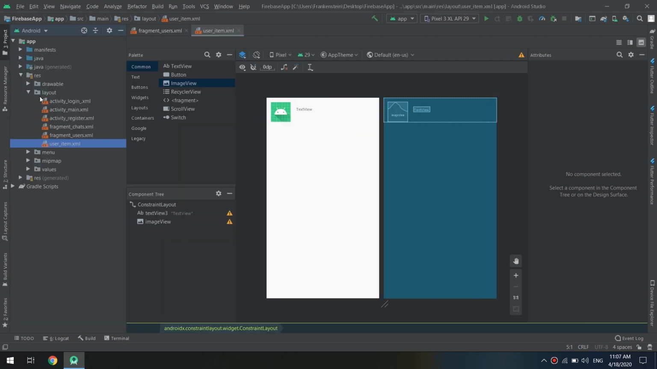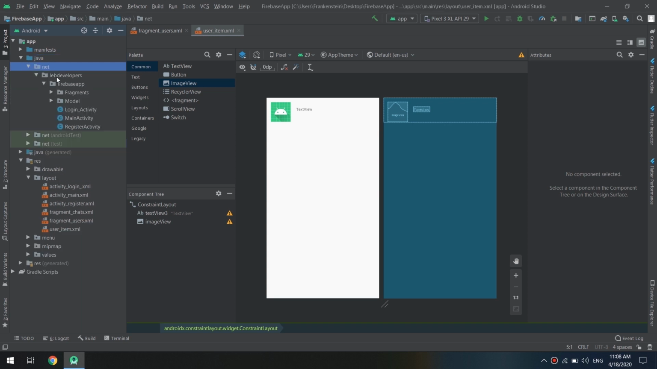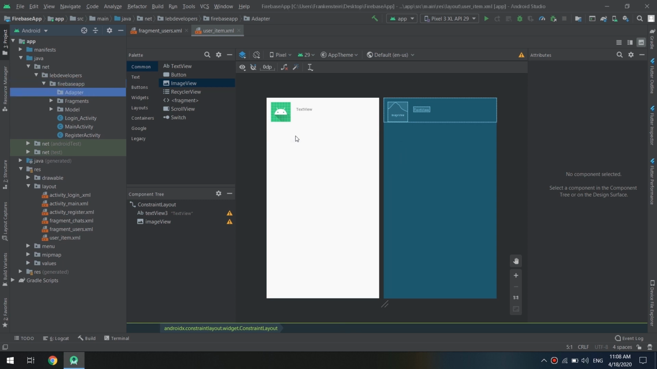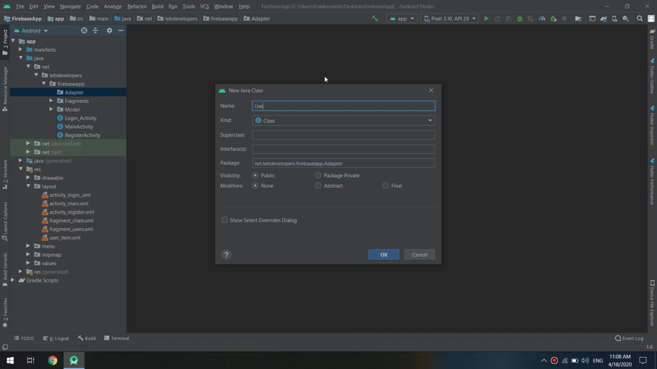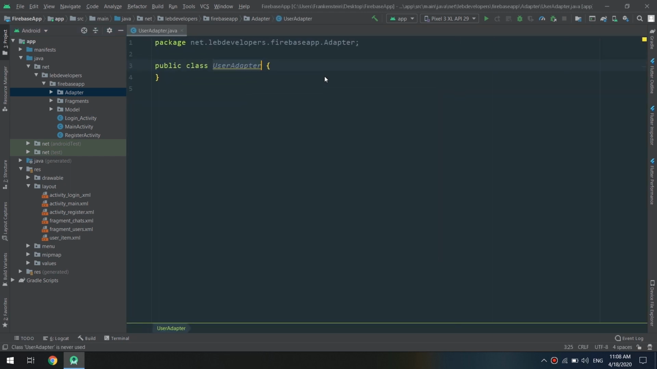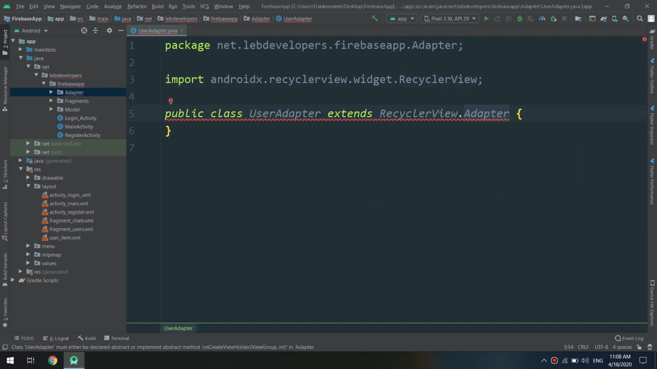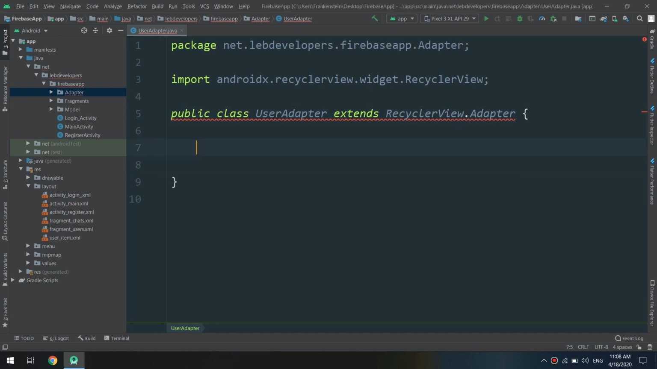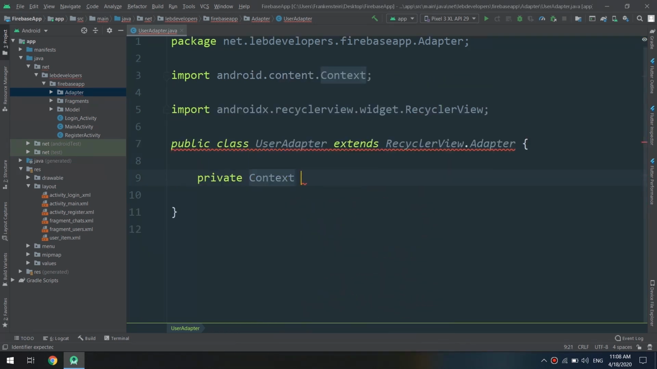Now, just adding and creating the user item layout and adding the Firebase app. I will create a package called adapters, and in this package I will create a user adapter class in order to receive all the users' information from our Firebase application or Firebase database. So for that, I will create a private context,